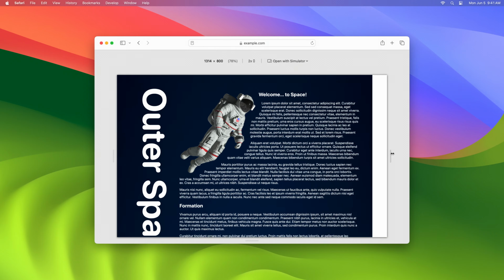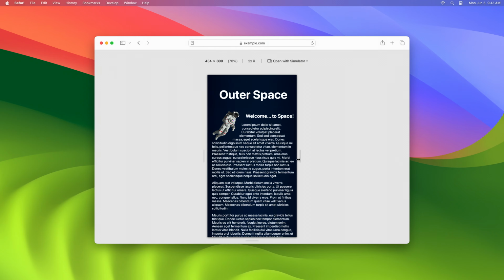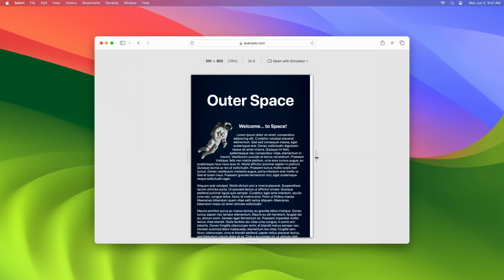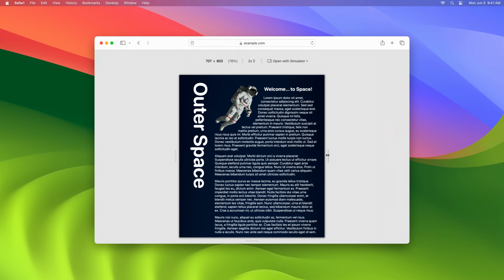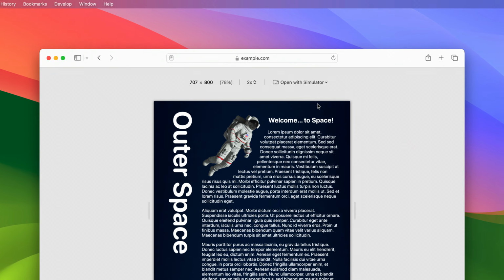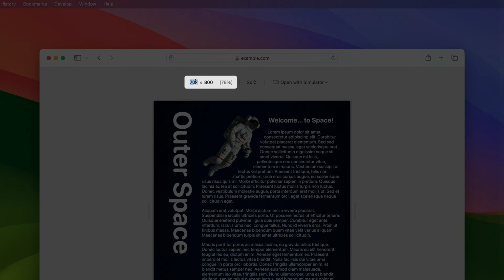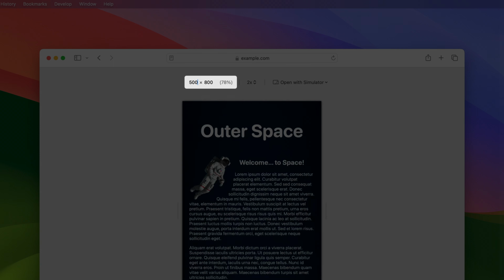You can try out viewport sizes larger than your window, or even your screen. As you drag the handles on the sides, the viewport will scale to continue displaying all of your page, reflowing elements like text and images to fit the new viewport. You can also target a specific size by typing in your own width and height above the viewport.